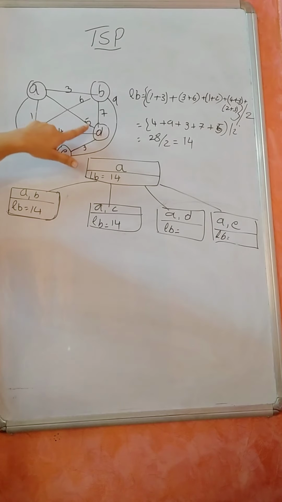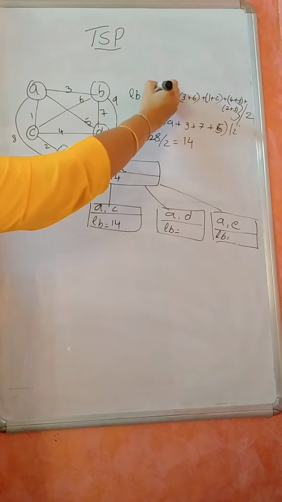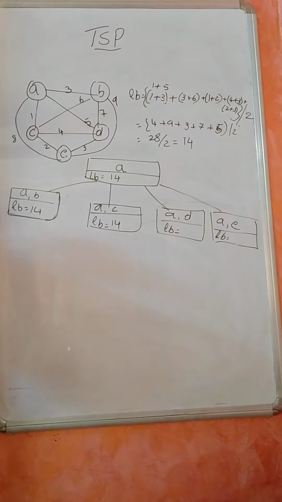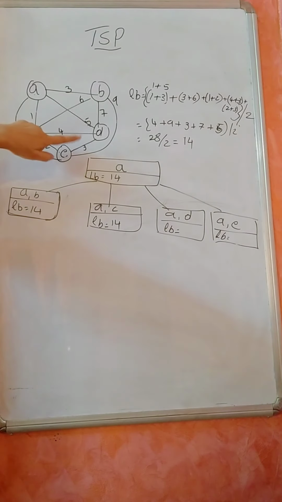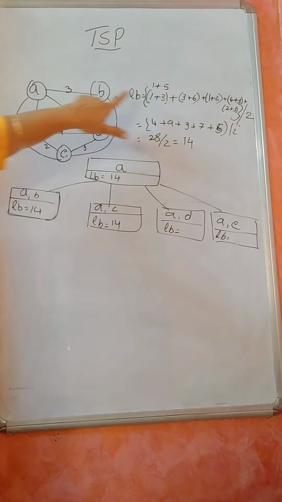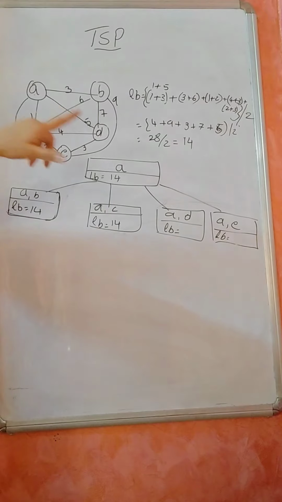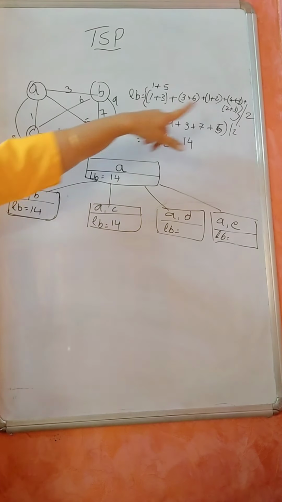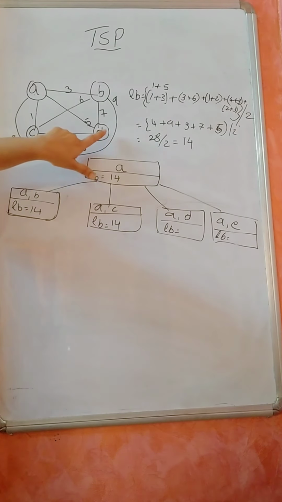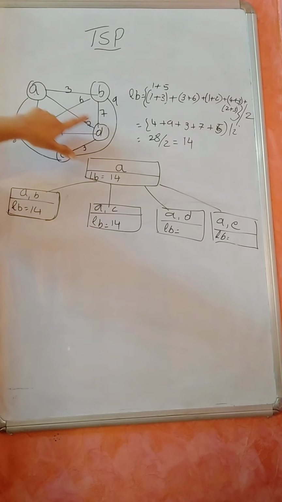Which is the one more nearest city? 1. So it is 1 plus 5. The rest all will be the same. No, one more change is there. So again from B it is 3 plus 6 same, and from C 1 plus 2 same, and from E 2 plus 3 same, and from D this is fixed now. A to D is fixed now.